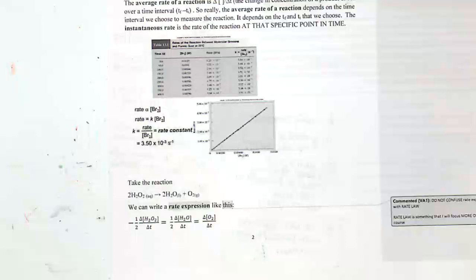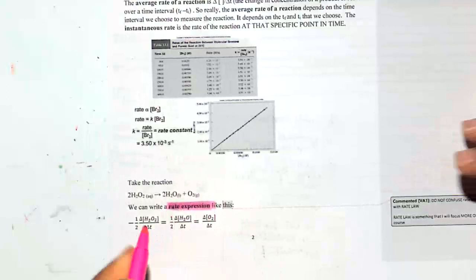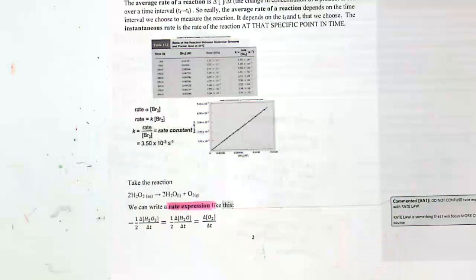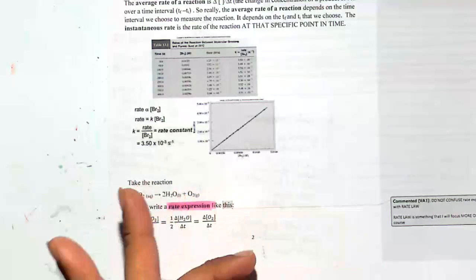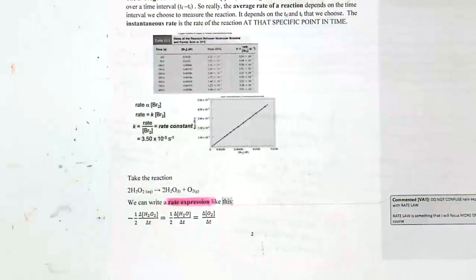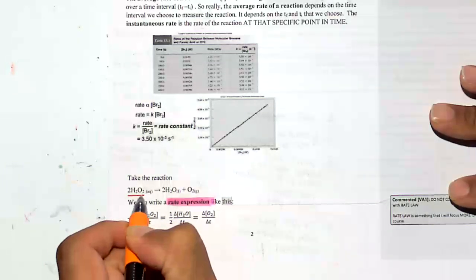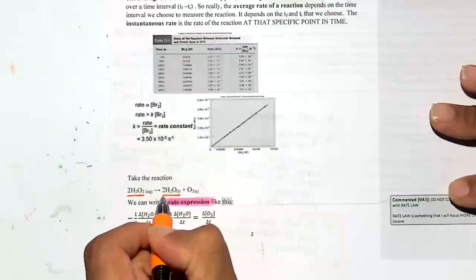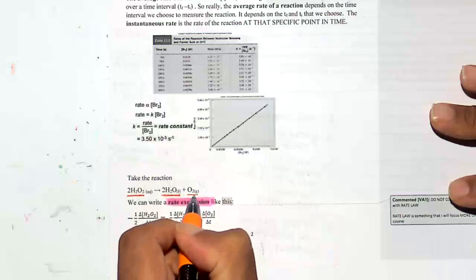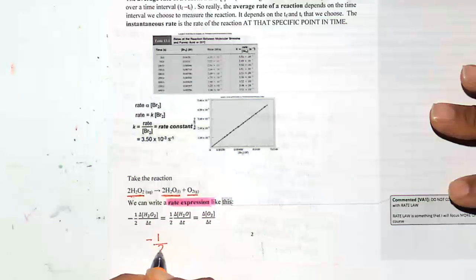Okay, before we go into rate law, let me introduce something here called rate expression. It's very different than rate law. We'll just do one problem on it before we go into the rate law. So just want to give you this very basic rate expression. You see here, 2 molecules of H2O2 are decaying to 2 molecules of water and 1 molecule of oxygen. So if we want to do a rate expression, this is going to decay at -1/2